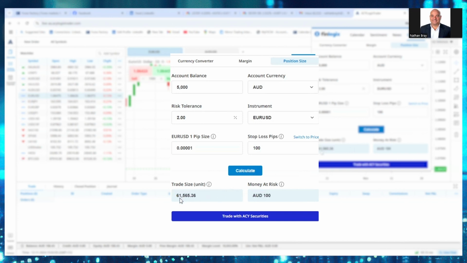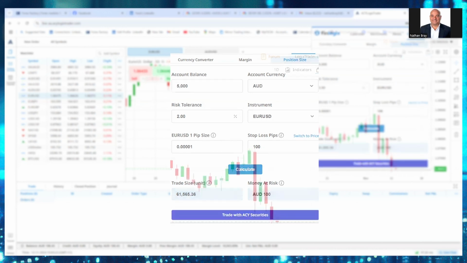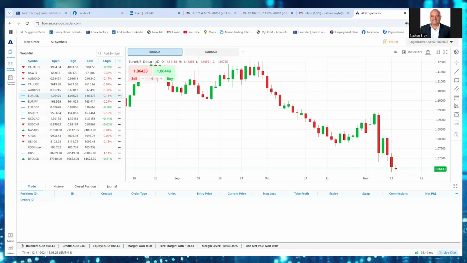So you can see here, it's telling me it's 61,000, or in the old language for MetaTrader clients, it'd be 0.61, but 61,565, and I'd be risking therefore $100 on this particular trade. So it makes it very simple to utilize it, and I can simply go in and type in 61,000. I might even round it up at 62,000